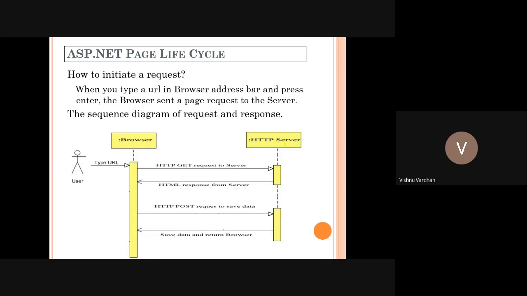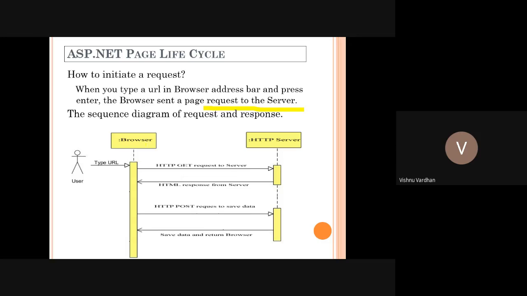So how to initiate a request? When you type a URL in the browser address bar and press enter, the browser sends a page request to the server. Whenever we have any request to the server, the browser sends that request in the format of a URL, by hitting a URL, and this request is received by the server.